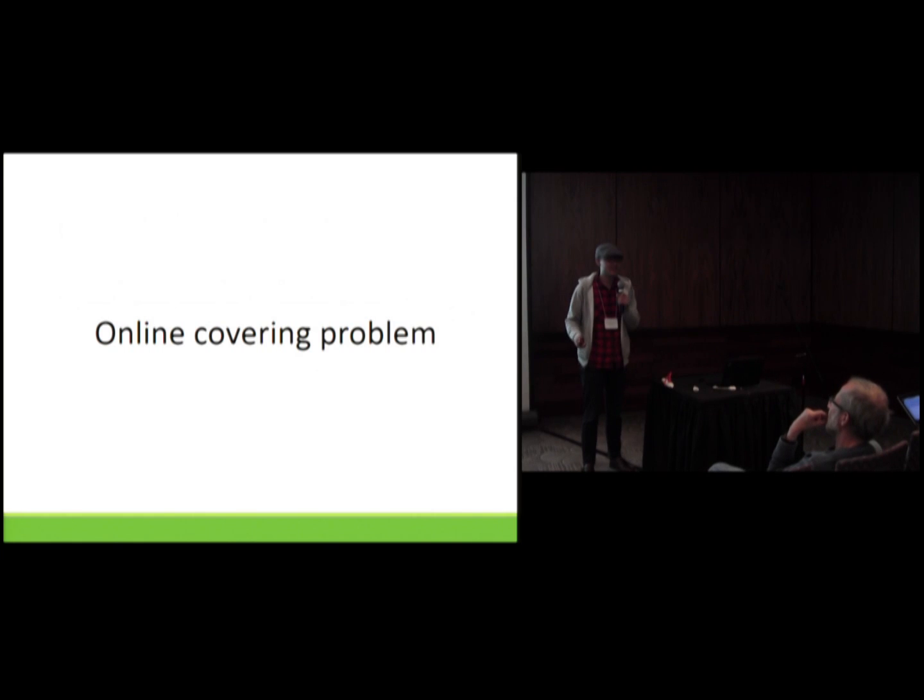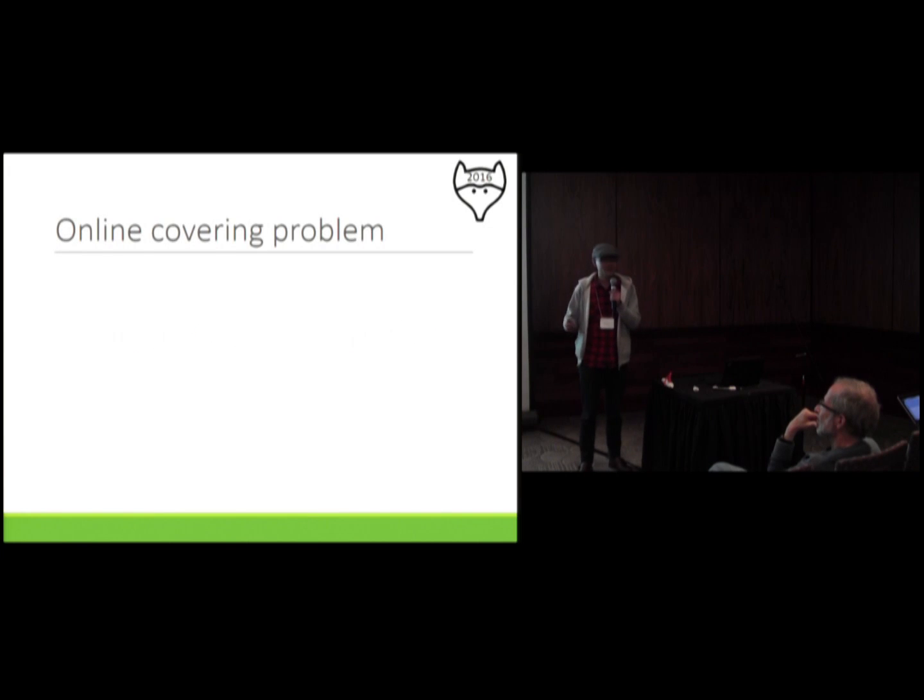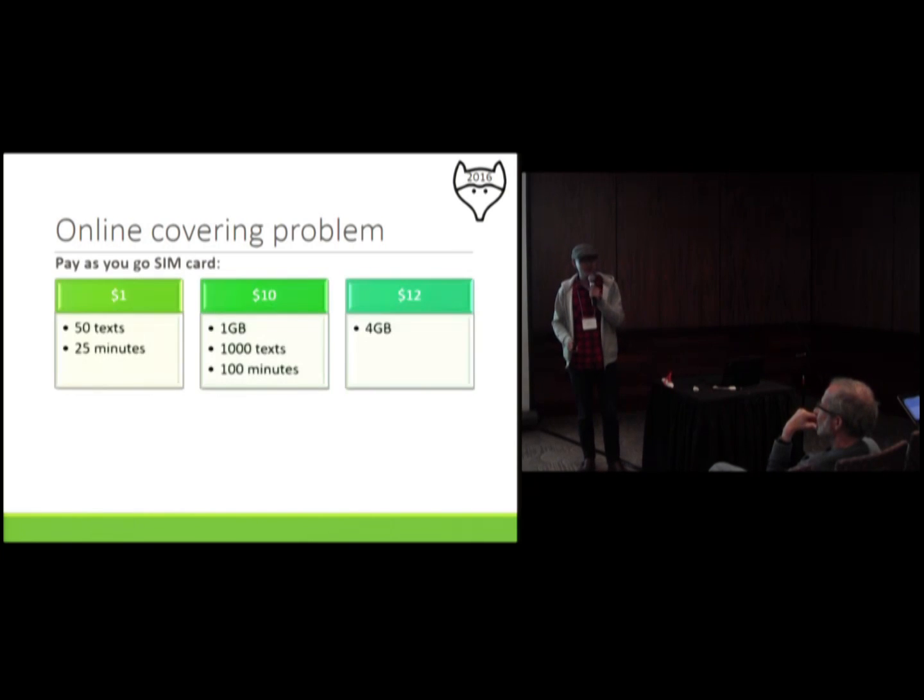This paper deals with 2 problems. The first one is the online covering problem. When you are traveling outside in the world, for example, to the European Union or to the UK, then you may want to try a kind of short-term SIM card, which is named pay-as-you-go. For a pay-as-you-go SIM card, first you buy some packs, and after then, you can use it.